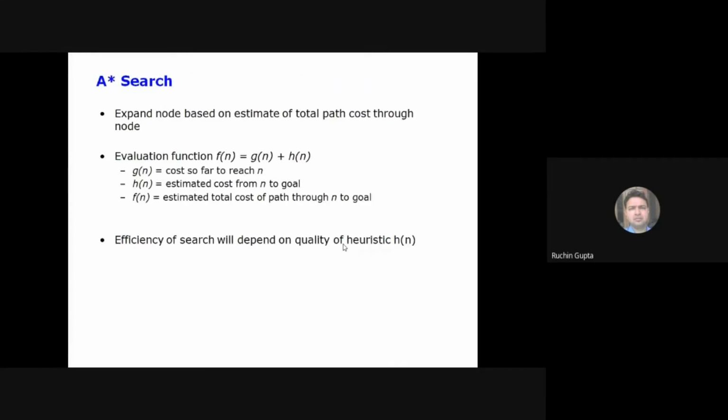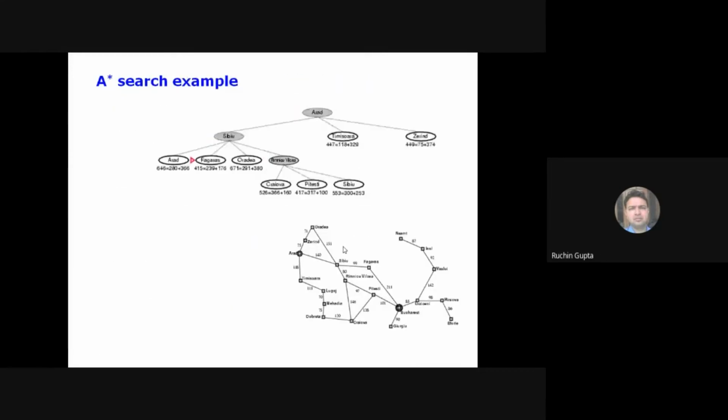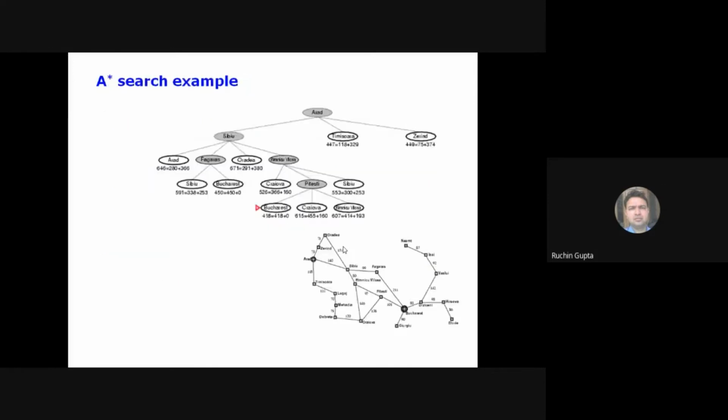So this A star algorithm is able to find out the optimal path for this problem. That is the advantage of using this A star search algorithm. It has a guarantee that if the optimal solution is available for any problem, then it will definitely find out the optimal solution of the problem, or you can say the optimal path in this search tree.